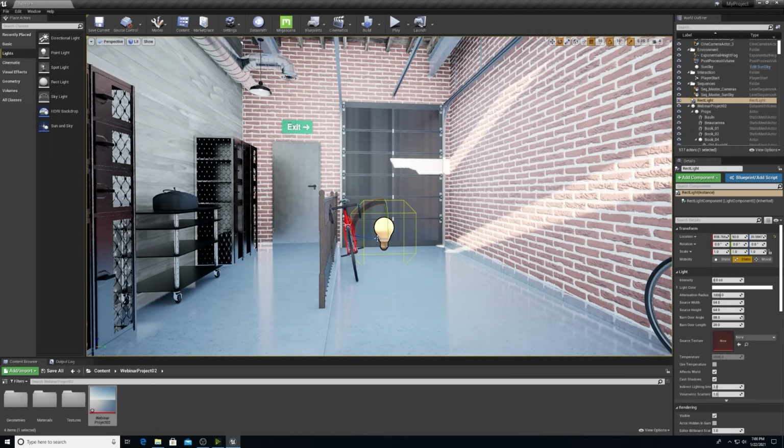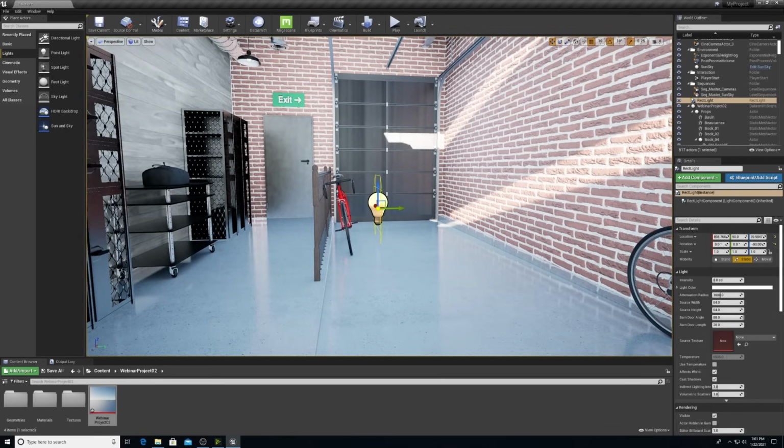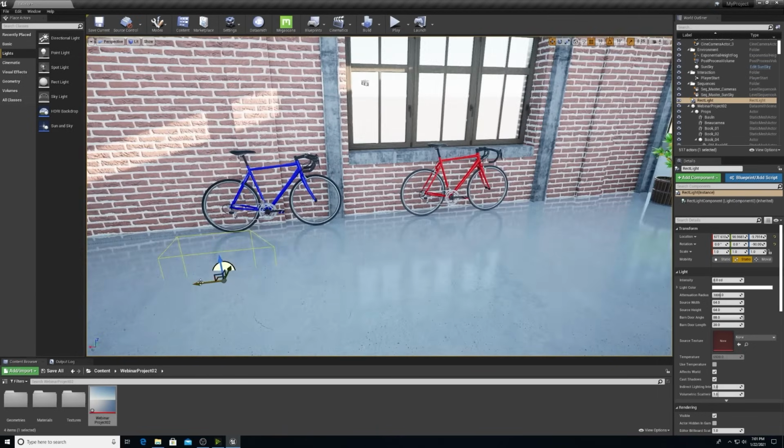So I'm going to rotate it -90 degrees. Now you'll see that it's snapping at every 10 degrees. You can control this in the top right-hand corner. So you'll see there's some orange buttons here. If I click it, it's going to allow me to rotate freely. However, I like to have it with the snapping on, so I'll turn that back on. And you can see that I have control over some of the increments here. So I'd encourage you to take a look at these and pick the ones that work best for your speed and workflow. So I'm going to hit W one more time and then drag this light over to the edge in front of the windows.